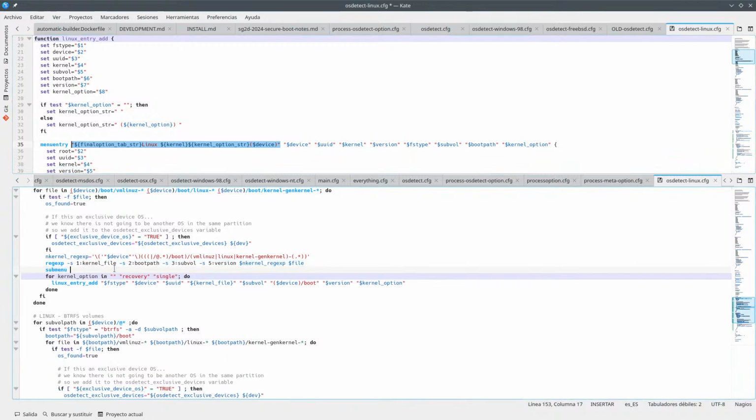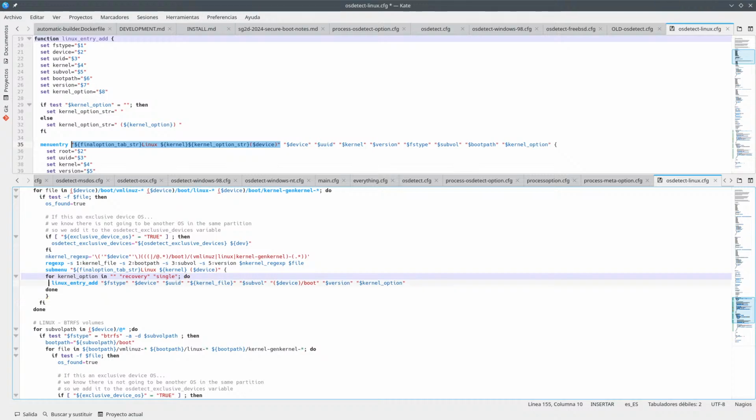So the idea would be that this is the name for this menu, but we can remove the kernel option str. And actually this has spaces, so we need a space here. Then we can do it like this, and then we put all of the stuff here. So this would be the way of doing this for the non